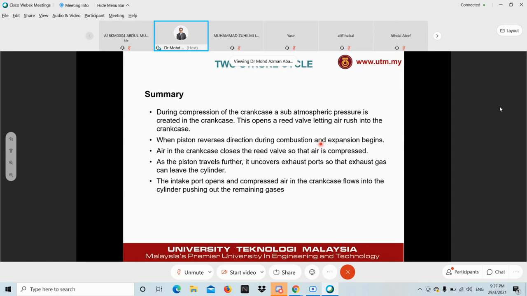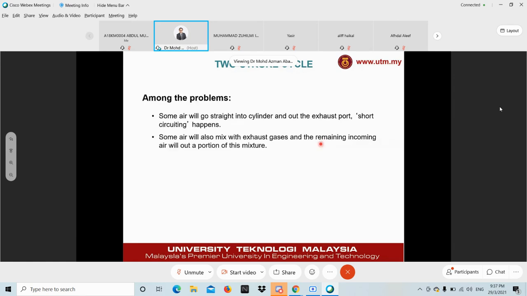So that is basically just a summary on the two-stroke cycle. Among the problems for a two-stroke cycle, yes, this is a very big problem for two-stroke. Some air will go straight into the cylinder and out the exhaust port. So in other words, it's not that efficient because of the wasted gases and also wasted air. Short circuiting always happens. Okay, so when short circuit happens, it's not producing as much power as it's